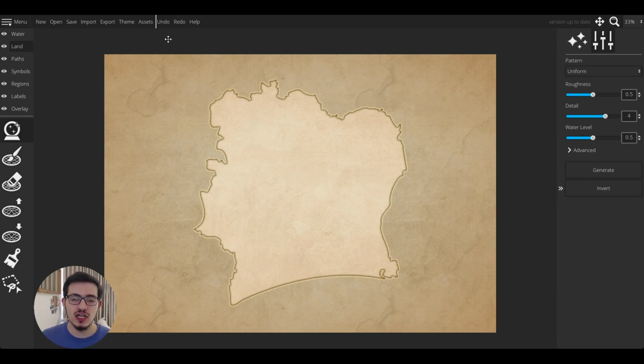Now we know what Wonderdraft is and its capabilities. All these things I showed, yes, I know that it sounds a bit theoretical and I didn't really show much of an example. Therefore, in the next episodes, or in the tutorial series where I'm going to be making a map with Wonderdraft, you will be able to see it much better with more examples.